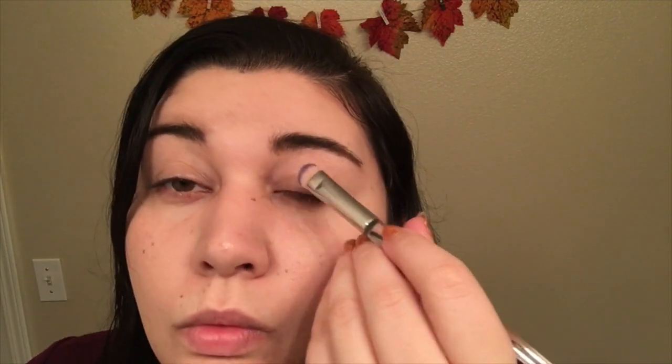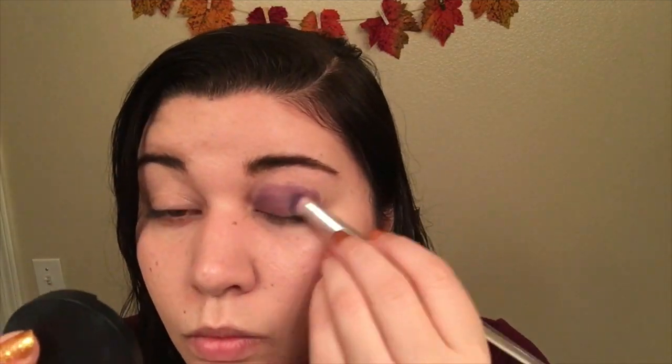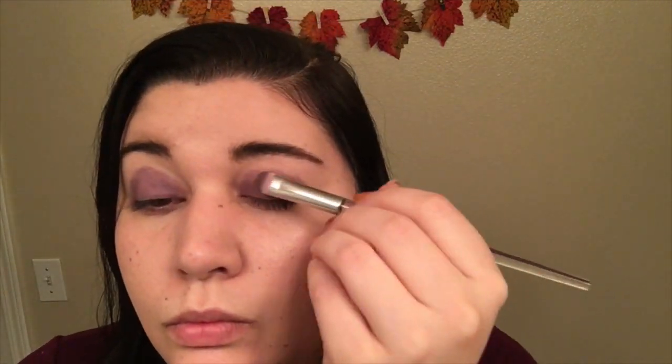And then I'm using Lolo in Drama Queen, this really pretty purple color, all over my lids. And just packing that on both eyes and a little bit underneath the eyes as well. Then I'm using the Lolo in Brassed Off and just putting that into the outer corners and over my crease and also at the bottom to give it a more smoky effect. Because the purple alone kind of looks flat, so adding this in gives it more